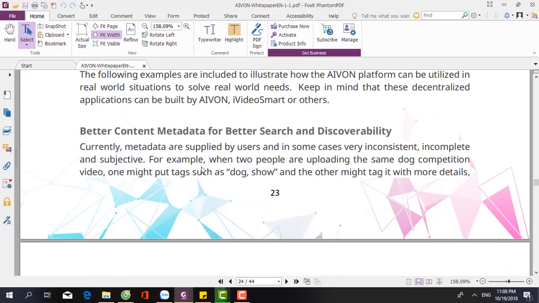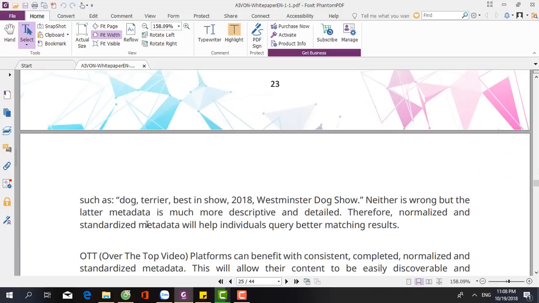Currently, metadata is supplied by users and in some cases is very inconsistent. For example, when two people are uploading the same dog competition video, one might tag it such as dog show, and the other might tag it with more detail: dog terriers based in show